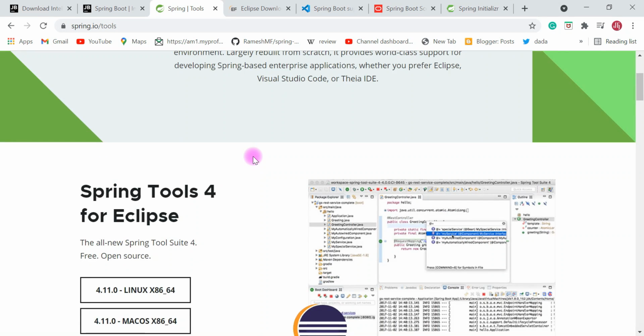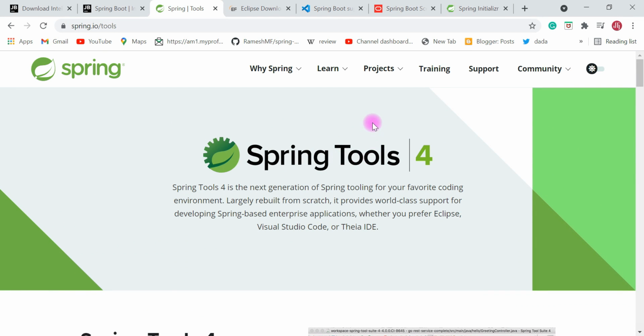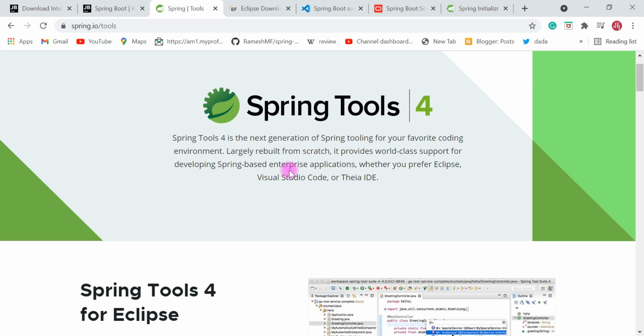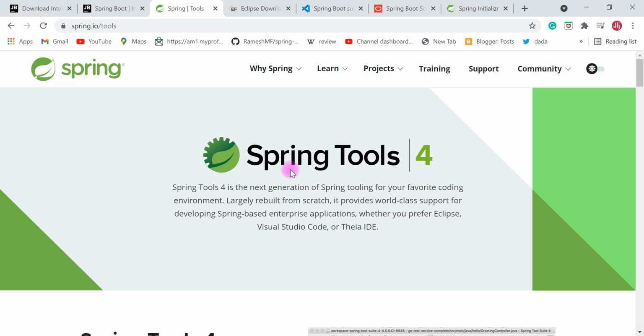So if you are a beginner, then you might try out Spring Tool Suite IDE first. It's very simple, and it provides a lot of intelligent configuration and properties support for building Spring based applications. If you type something in application.properties, then it will provide intelligence to select the properties. And if you try to create an XML configuration, then it will provide some intelligence to configure the beans. Such kind of configuration support we can expect from Spring Tool Suite IDE. And most developers might prefer using Spring Tool Suite IDE for developing Spring based applications.